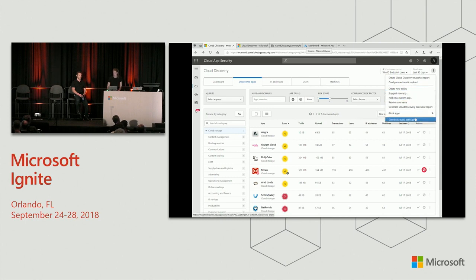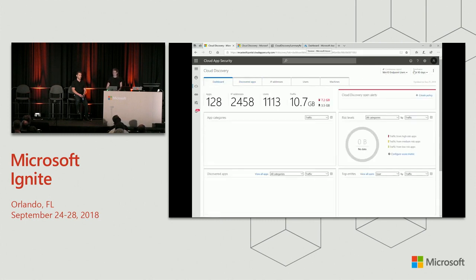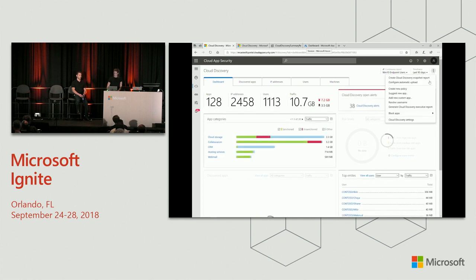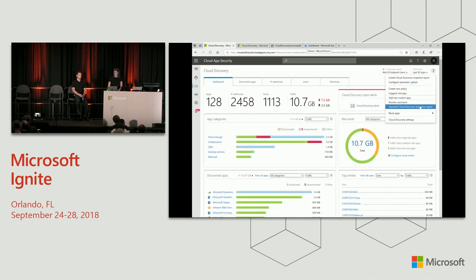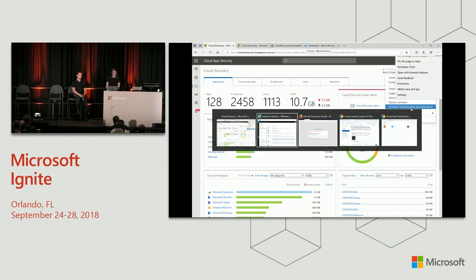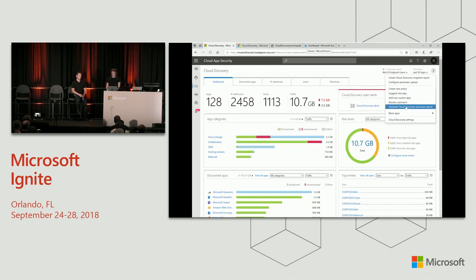And of course, as IT, you probably also have to sometimes report out to your management. And for that specific use case, we've created a new Cloud Discovery Executive Report, which essentially gives you a complete, broad overview of the main findings that you've had in discovery, and also makes suggestions of what you can do there.